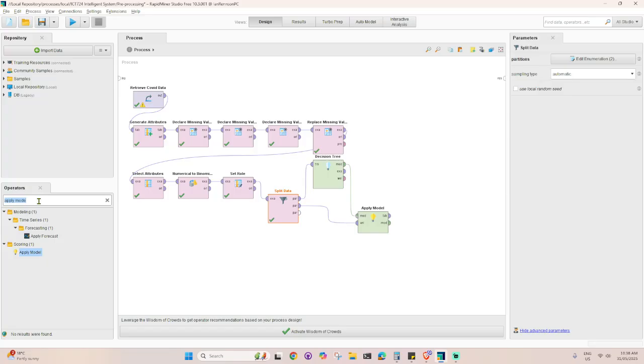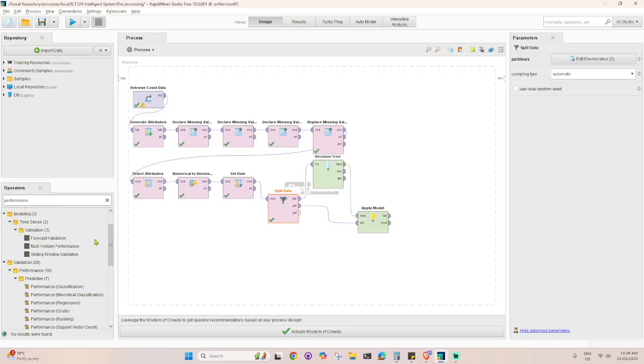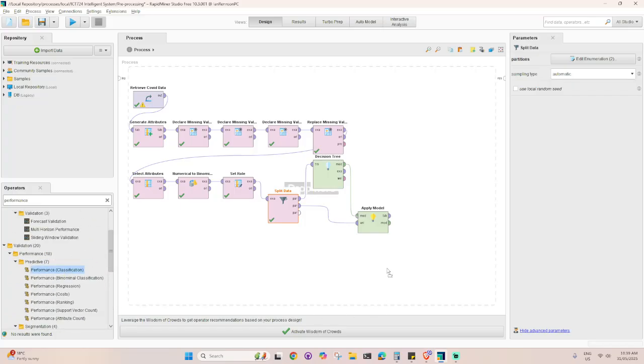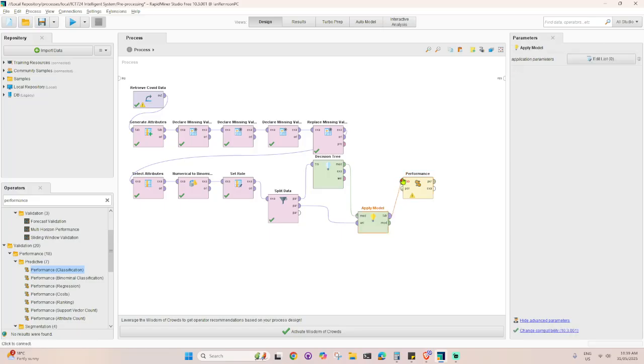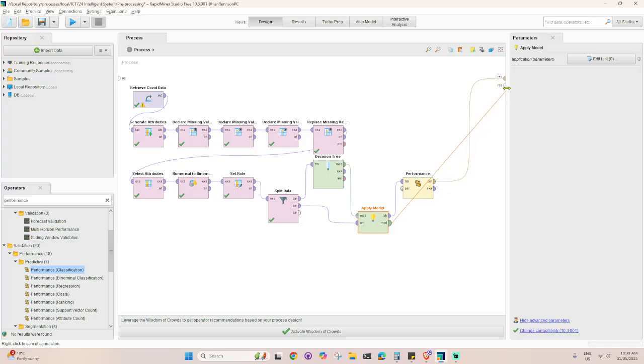And then let's measure the performance of the model. So type in the performance, then click this one and connect it to the performance, and then the apply model will go right here, and then the performance will go right here, and then directly here.